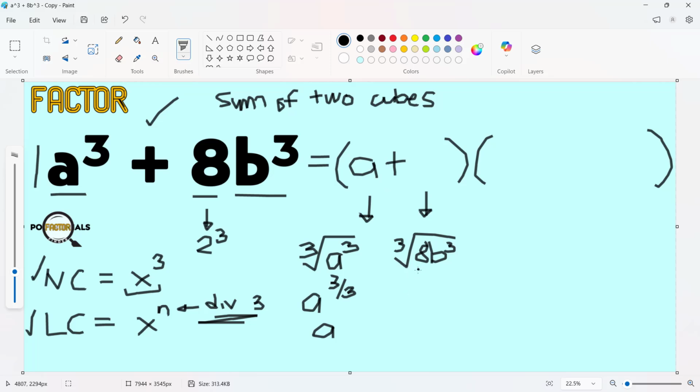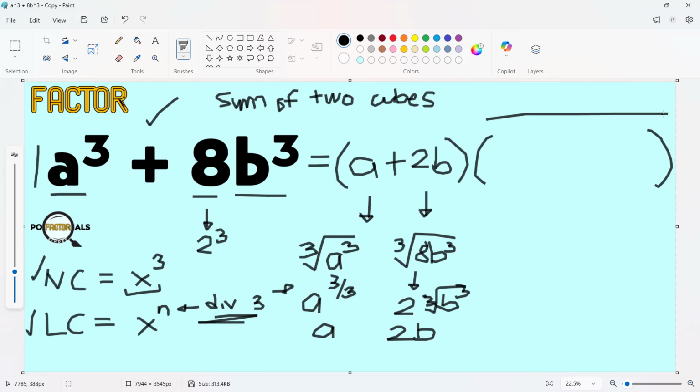Now, if we have a combination of numerical coefficient and a literal coefficient, simply take the cube root of 8, that's actually 2, and you will have here the cube root of your b cube, which would follow the same pattern as a here. In short, you will have here 2b, or b to the power of 1 as 3 over 3. So you will have here a plus 2b. Hopefully at this point, it's clear that this is how we compute or identify the binomial factor for a sum of two cubes. We are not yet done because we have here a trinomial expression. Okay, so hopefully that's clear.